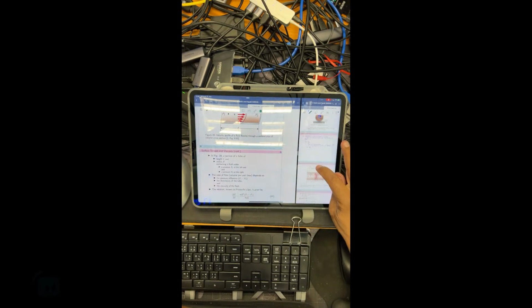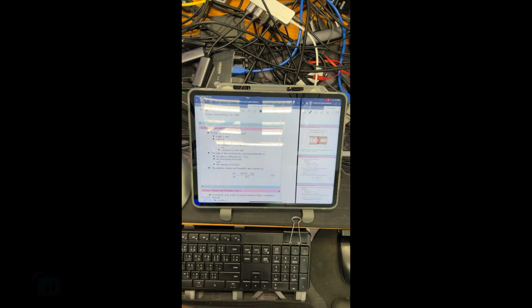Now let's move to the next topic, which is fluid velocity. Fluid velocity is greatest in the middle of the pipe, and here is the velocity profile of a fluid flowing through a uniform pipe of circular cross section. Now we would be close to the fluid equation. In figure 28, a section of a tube of length L, the length here is L,